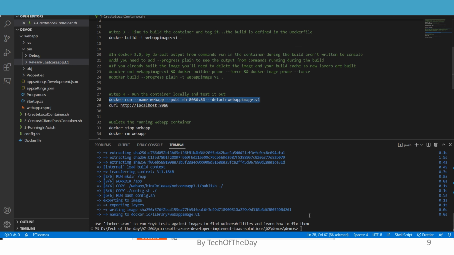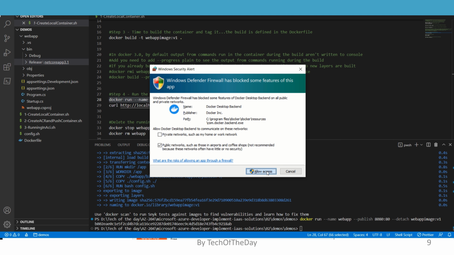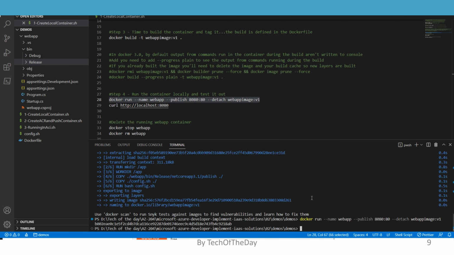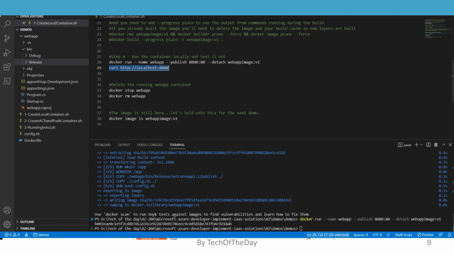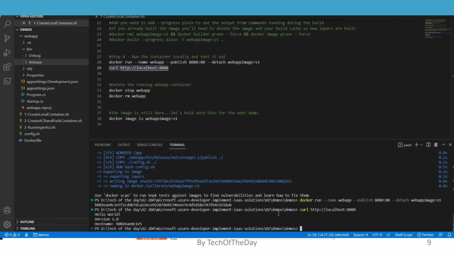run the image locally. So Docker run, allow access, because Docker is trying to, someone is trying to connect to that image. Okay, and it's done. So now I just need to curl to this page. Let's see if the app is running in the Docker. And you see when I curl it, it outputs hello world version 1 and the host name. The actual host name of my laptop is the laptop name, but here you see the host name is different,